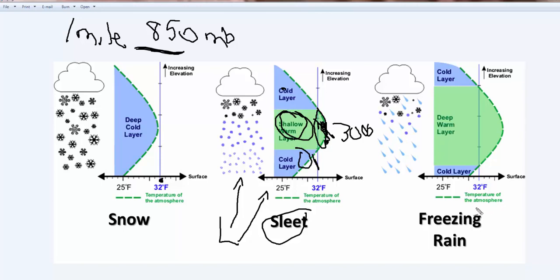And then finally over here on the right hand side, this is freezing rain. And here what happens is you have snow up here at the top just coming out of the cloud, but a much bigger area of warm temperatures. Let's say from 5,000 feet down to 1,000 feet. So 4,000 feet of warm temperatures. The temperature here could be, let's say, 40 degrees. Really, it could be. And then the last temperature, you're at 30 degrees, 29 degrees, last 1,000 feet. So the rain freezes as freezing rain in contact. It doesn't become sleet, but it becomes ice cold and it freezes on contact, and that's freezing rain or freezing drizzle. So that's basically your temperature profile problem during the winter months.